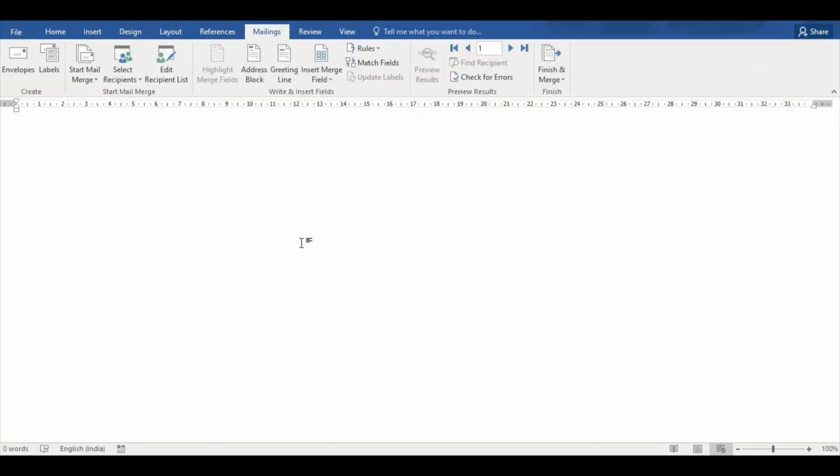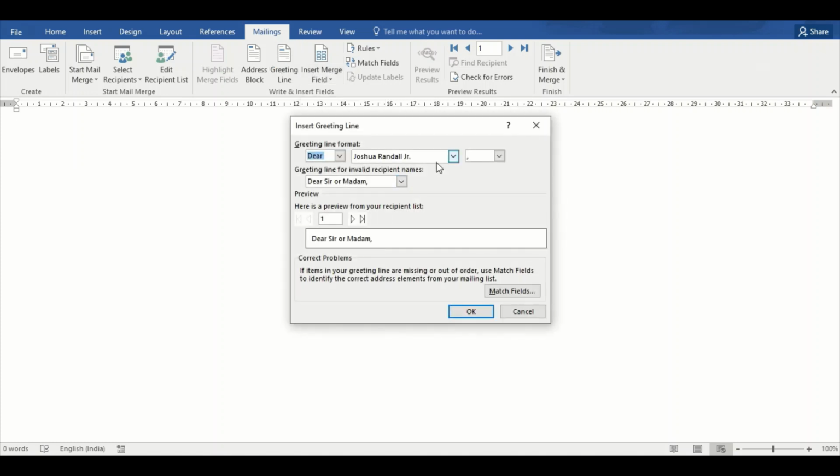Now moving back to my Word file, I can insert the fields directly. I can also add a greeting line if required by me. I can change it as required. I can put in a greeting line. This feature actually is pretty helpful since it saves you time to type out a greeting line, or you can save a few greeting lines and use them for a lot of emails that you send out regularly. You can also use this for letters that I did not cover previously.